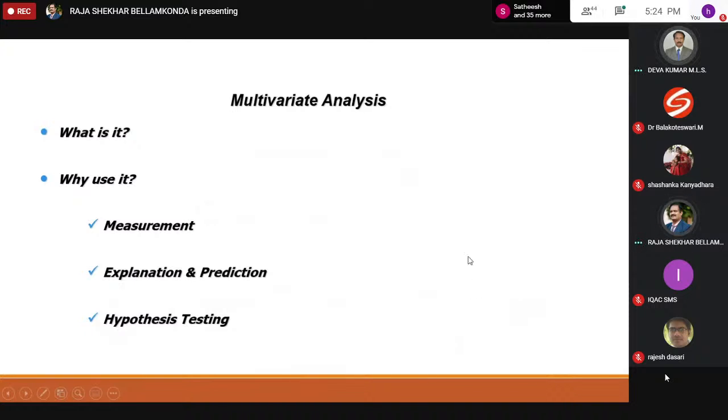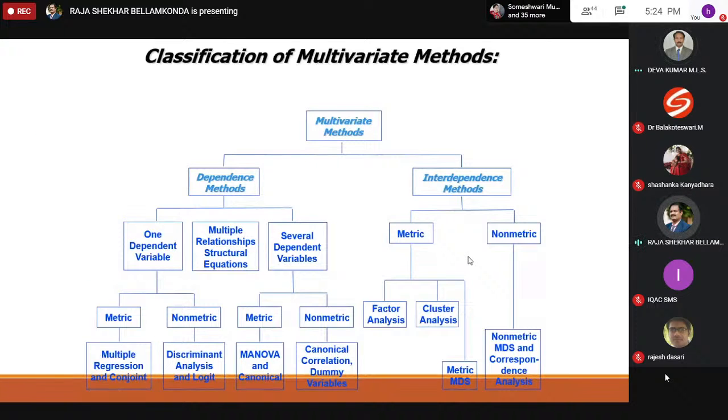So finally we can say, in this multivariate analysis, we have multiple regression analysis, discriminant analysis,